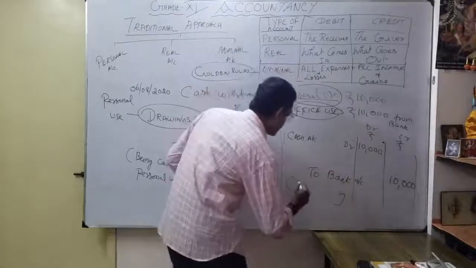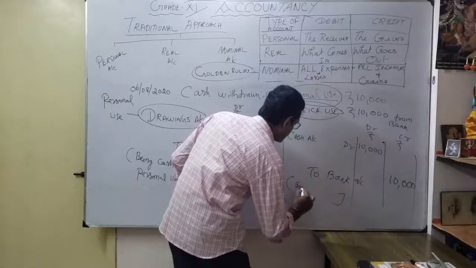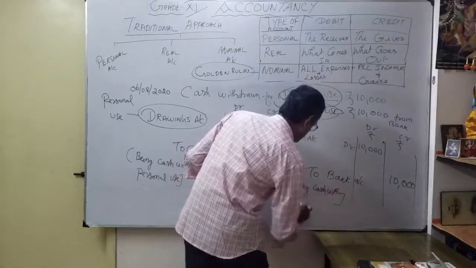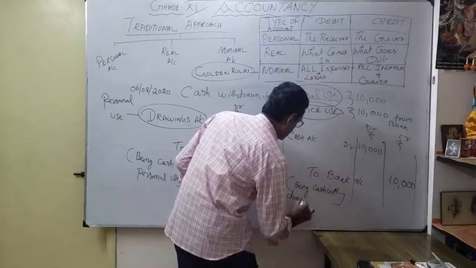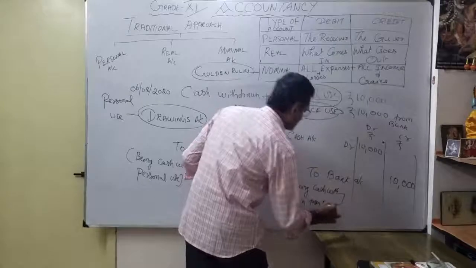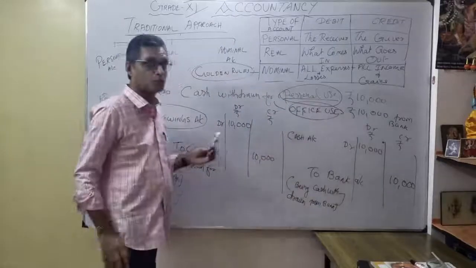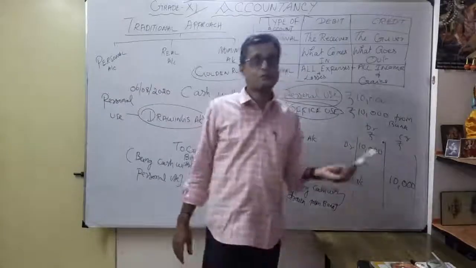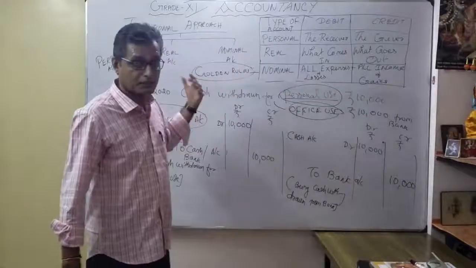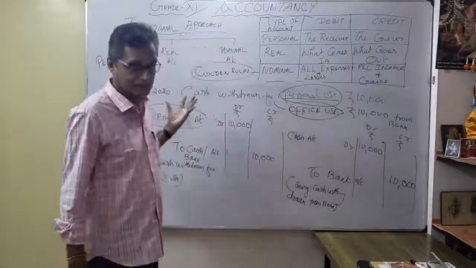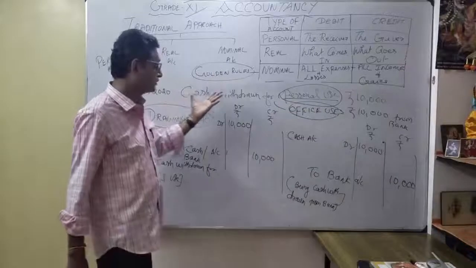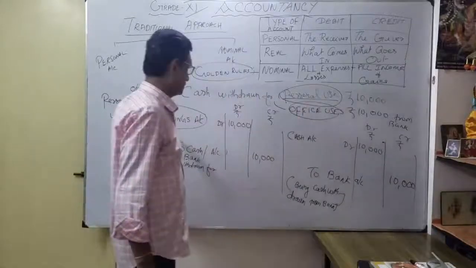Cash account debit 10,000 to bank account 10,000. So you can write the narration: being cash withdrawn from bank. You understood? So later on we can follow this when you are preparing the cash book in the next chapter. Here you identify the ways. These are all the standard journal entries. Then we can work out the NCERT exercise. Correct? You understood? As cash withdrawn for personal use, how to record, even from bank.